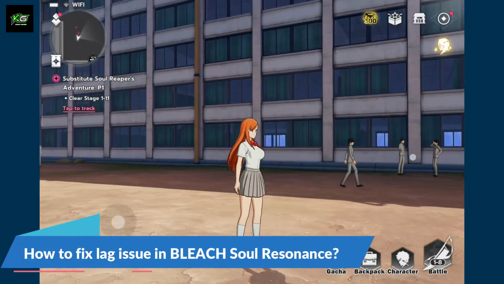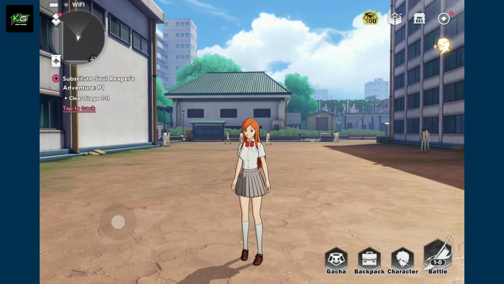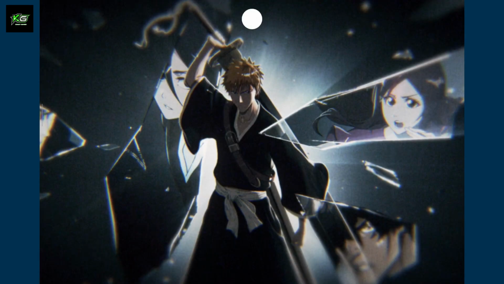How to fix lag issue in BLEACH Soul Resonance. If your BLEACH Soul Resonance game is laggy on your device, then this happens because of device performance, internet, or game settings. So in order to fix it, first thing to do is to close the game completely and relaunch it again. Once you restart the BLEACH Soul Resonance game, this alone can fix small lag issues,